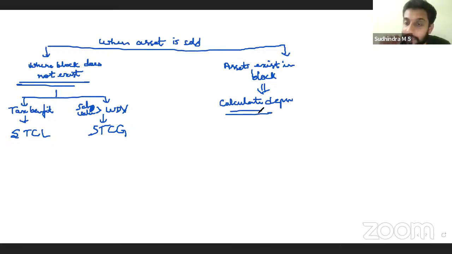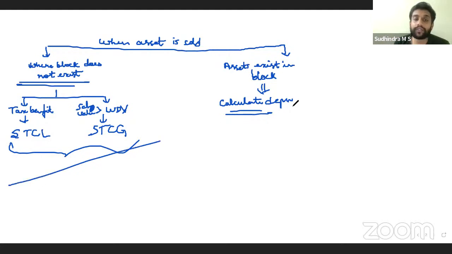Calculate depreciation. Is that clear? Yes. So that is how. So tax savings come into the picture only in this case, in such scenarios, right? Yes. And whenever you are analyzing the cash flows,